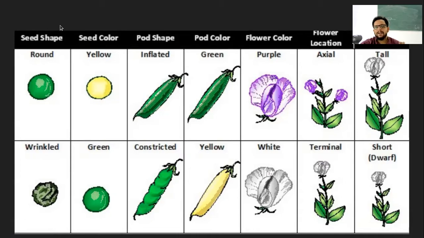So this is a particular character which is being expressed by a gene, that is seed shape, can be round, can be wrinkled. It can be homozygous dominant, that means both alleles, one coming from mother and one from father, will show round. Homozygous recessive, that means both of the alleles will show wrinkled, and heterozygous, that is one round and one wrinkled. So these were the three possible combinations.